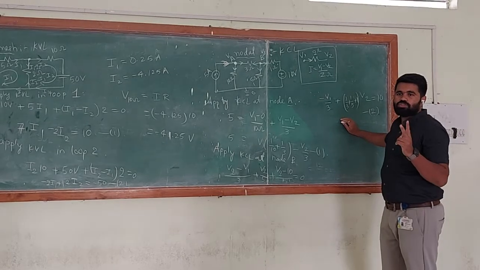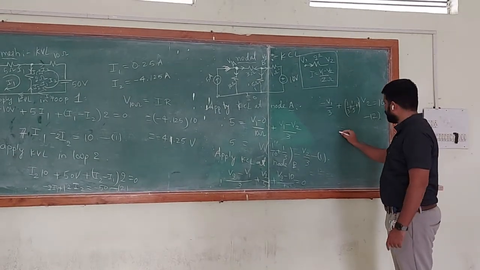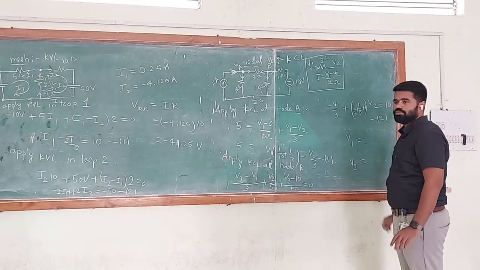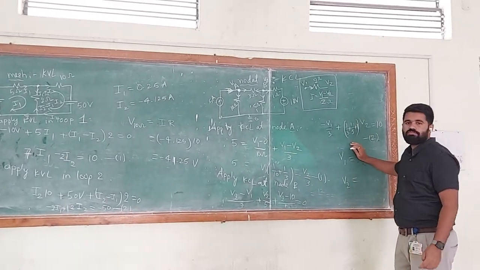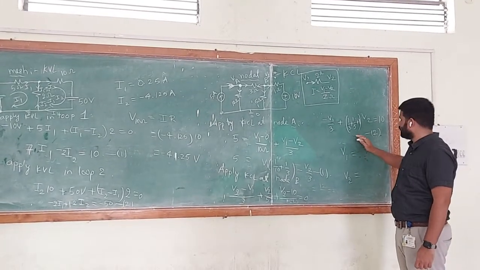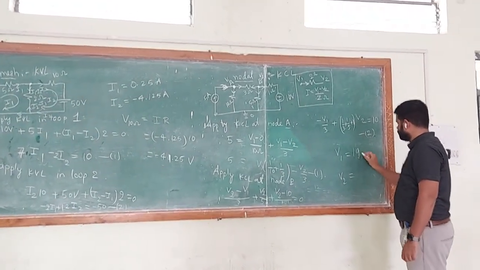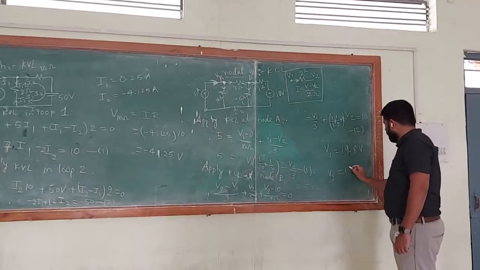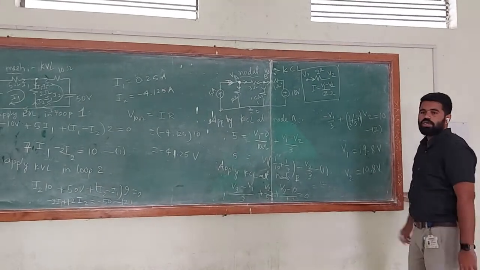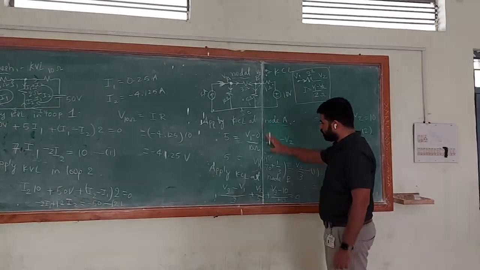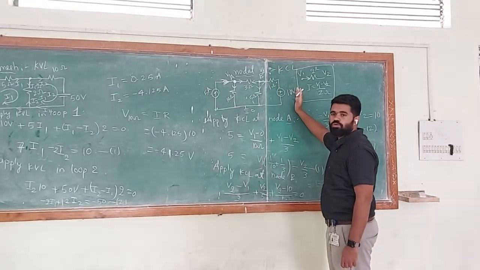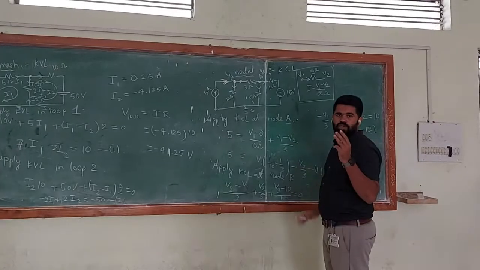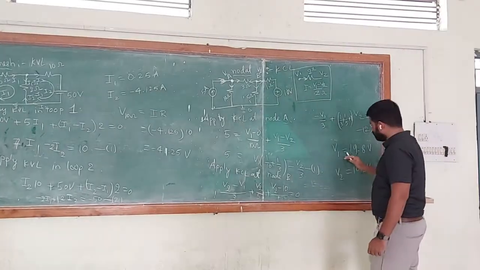Here we have two equations and two unknown variables. What is the V1 value? We will get it after solving these two equations. V1 is 19.8 volts. V2 is equal to 10.8 volts. In the exam, you should apply KCL at node 1, node 2. If they give one more node, you can apply KCL at node 3 also. You will get 3 unknown variables and 3 equations. By using a calculator, you will get the answers.